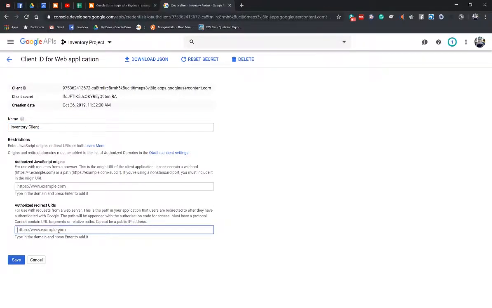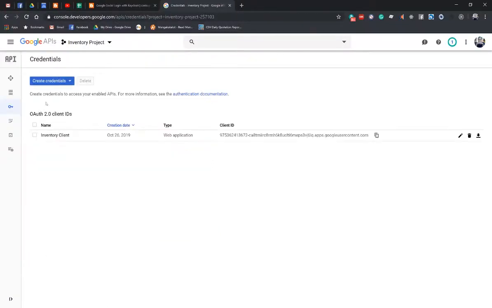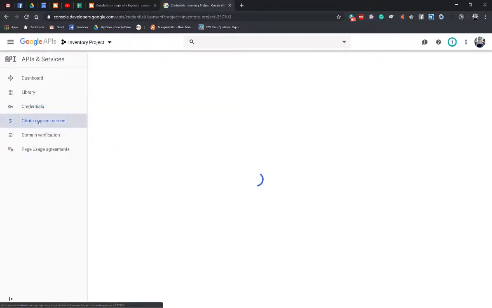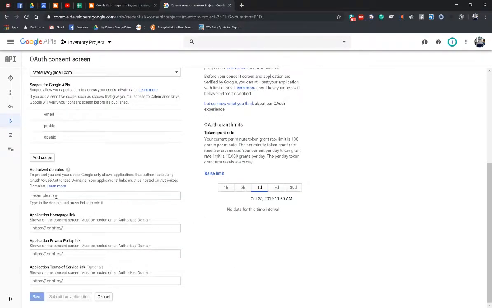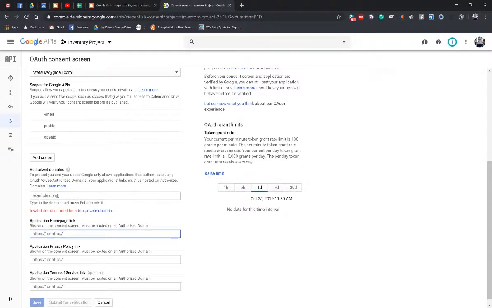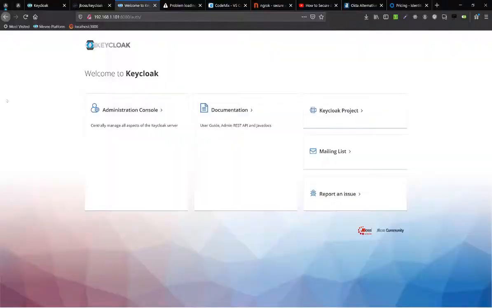In the authorized redirect URIs, especially in the domain in the OAuth consent screen, we cannot use the network IP. So if we try to input it here, it will not be recognized because this is not a proper domain name. Thus,